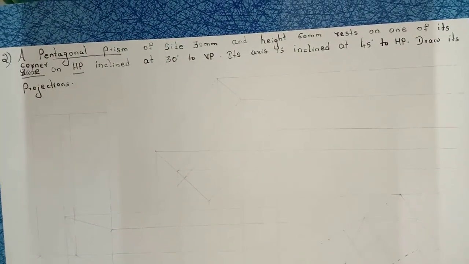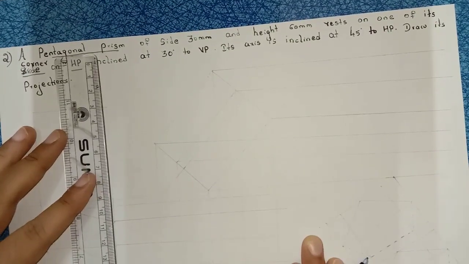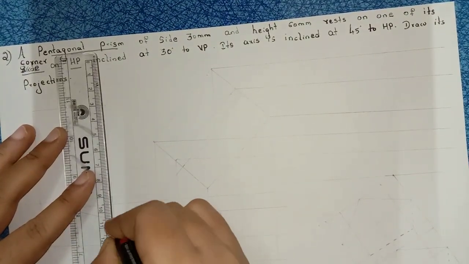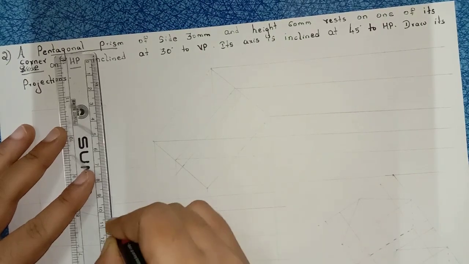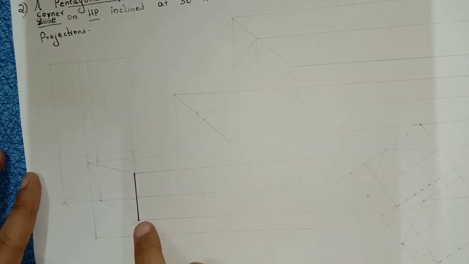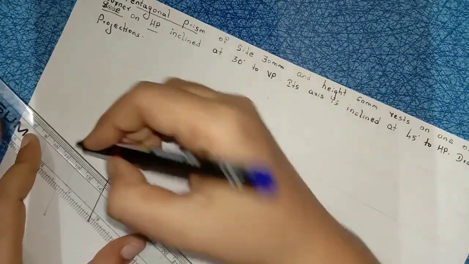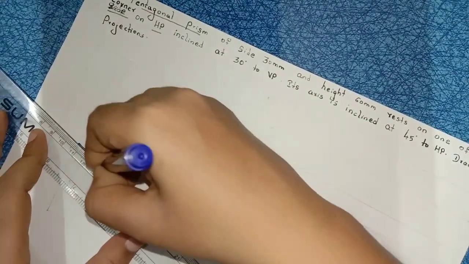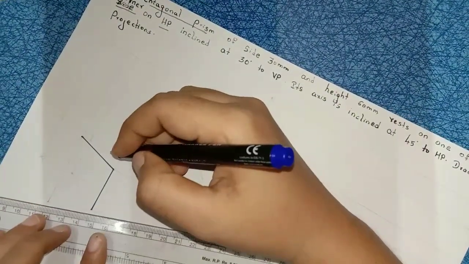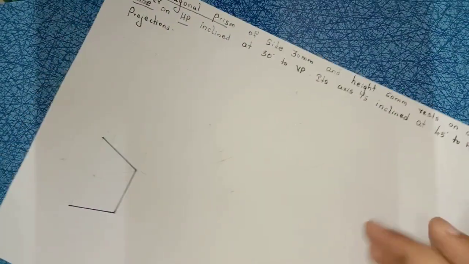Right, so you know the angle for a pentagon is 108 degrees, right? So first draw a baseline of length 30 mm. Place your protractor here, mark 108 degrees. Place your protractor here, mark 108 degrees. So length is 30 mm, right? So 108 degrees and here 108 degrees. Length is 30 mm, right?